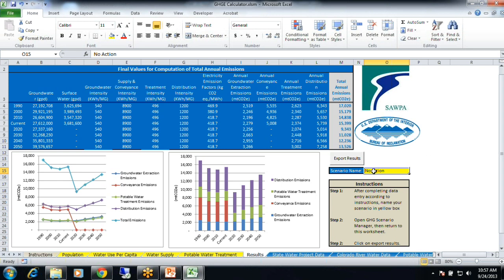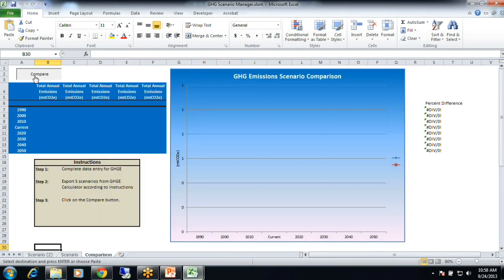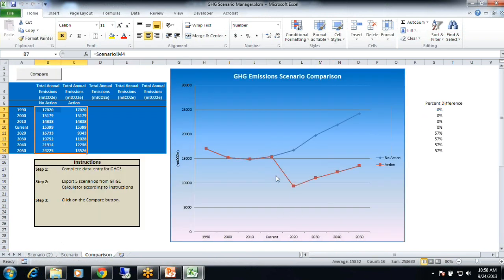Action scenario, and I'm going to just export it to the scenario manager, and then I'm going to go into my scenario manager, go to the comparison tab and hit compare, and you'll see a drastic difference.